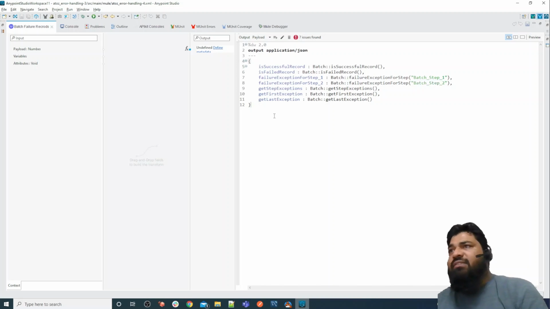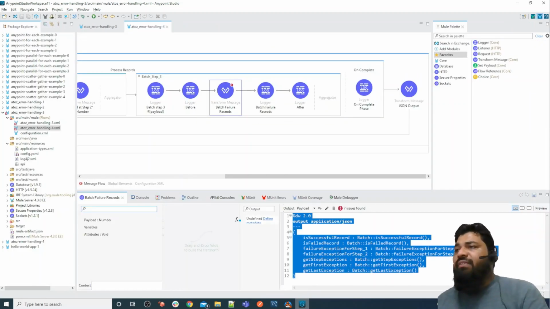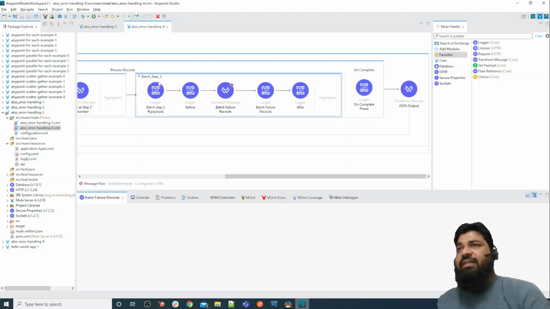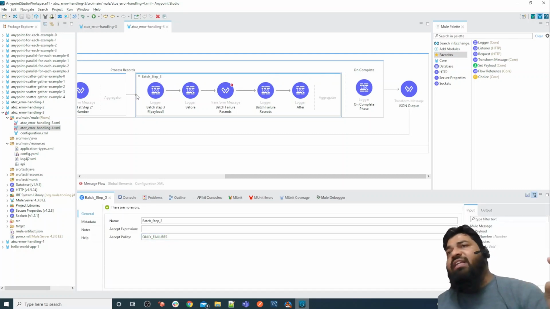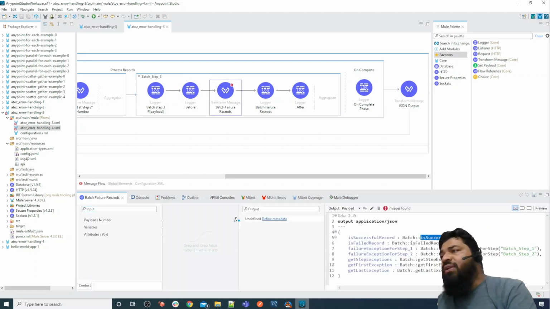So this works for one record. Why? Because we have written this inside the step, the step is executing our records, and for the step's accept policy we mentioned only failures. So only failure records come into the picture, and those functions only work on a record and retrieve information based on the record.